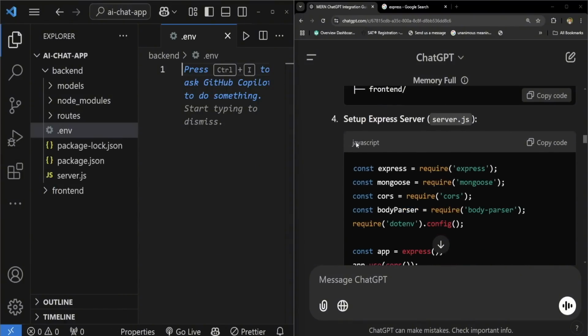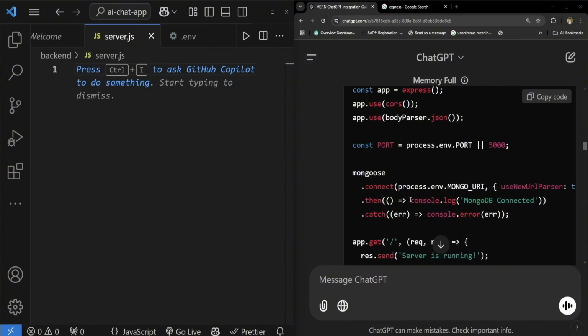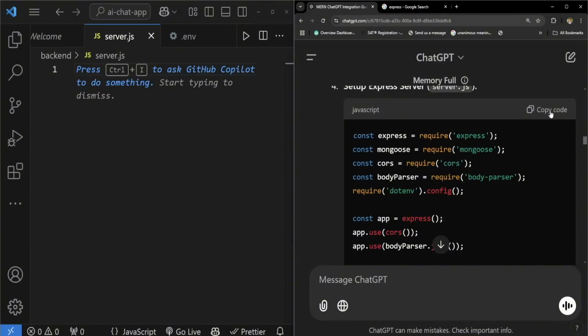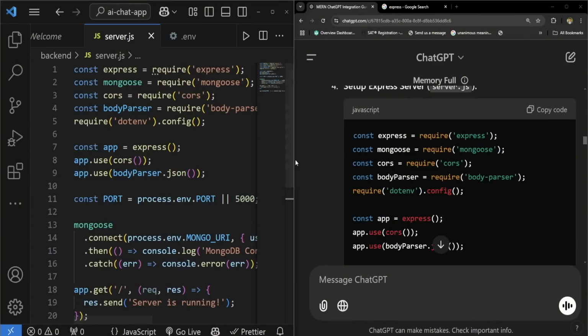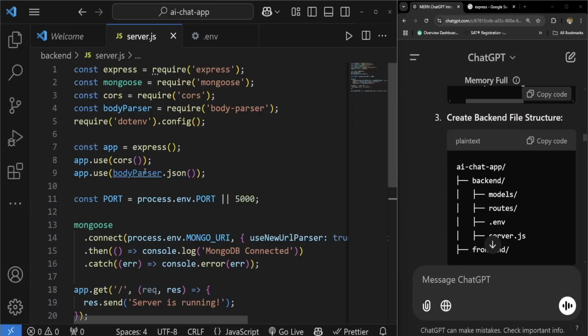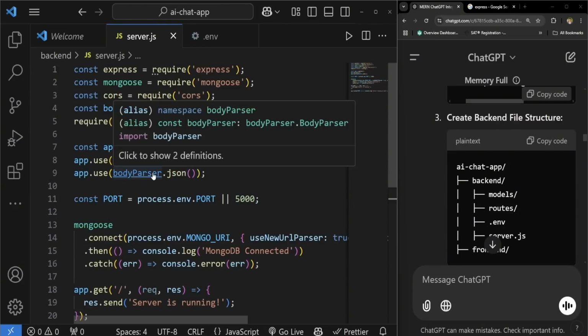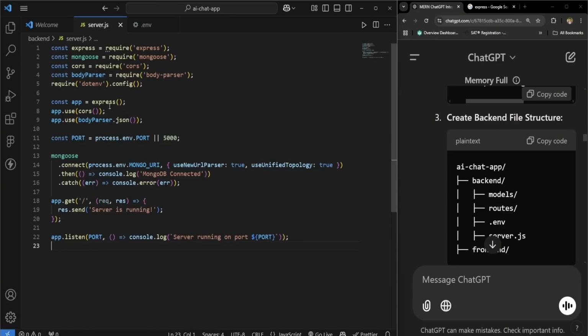In the backend, we have to set up the express server.js. Now, in the server.js file, you can set up the express server using the following code. So essentially, when I paste this in, let me explain line by line. So what happens is that we have an express, require express, right? And if you go to the